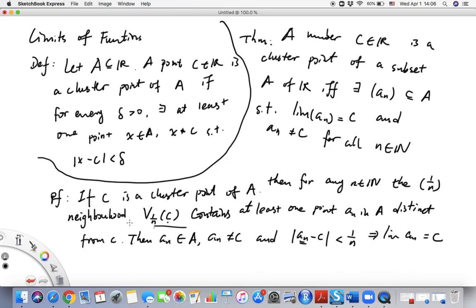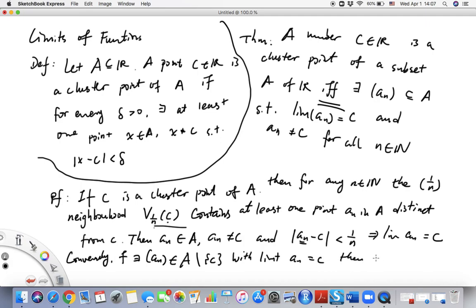So, because this theorem is an if and only if, we have to prove the other direction. Okay, so we showed that if c is a cluster point, then we can find such a sequence. Now, conversely, if we have such a sequence, we want to show that c is a cluster point. Okay, so conversely, if there exists a sequence a_n in A but not equal to c with the limit of a_n equal to c,